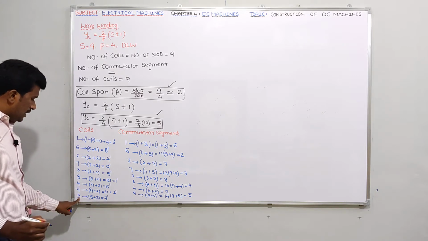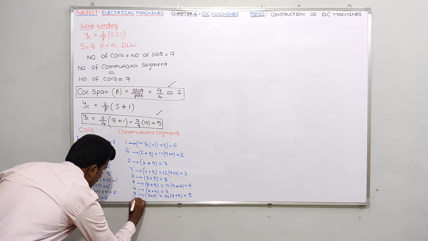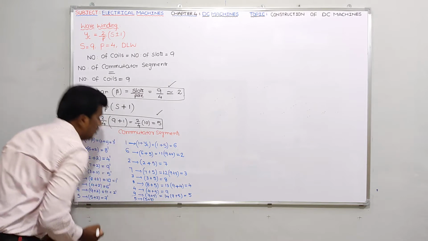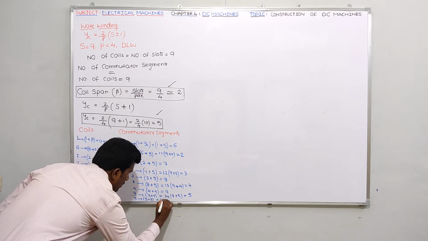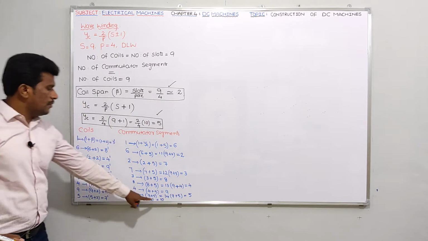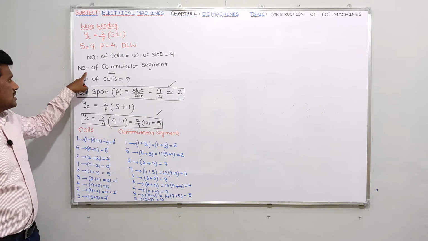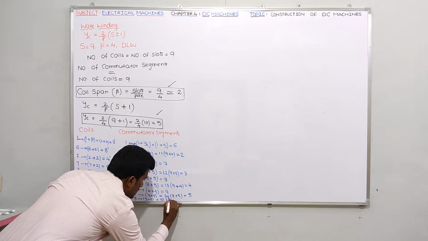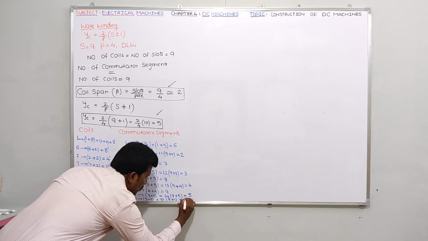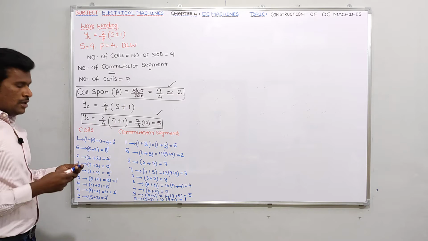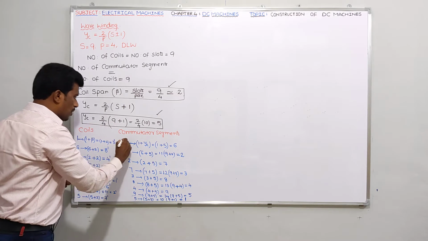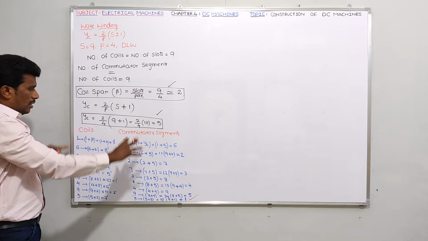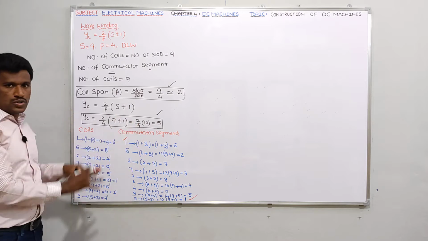The 5th conductor is connected to the 5th segment, and 5 plus, I can say, 5. What is the commutator pitch value? 5, no? 5 plus 5, you are getting 10 here. But how can you write this 10? What is the maximum number of commutator segments? You are having 9 only, no? So 10 means 9 plus 1, nothing but this value is 1. So if you observe clearly, guys, it starts from commutator segment 1 and ended with commutator segment number 1. Is it clear? That means I got a closed winding.